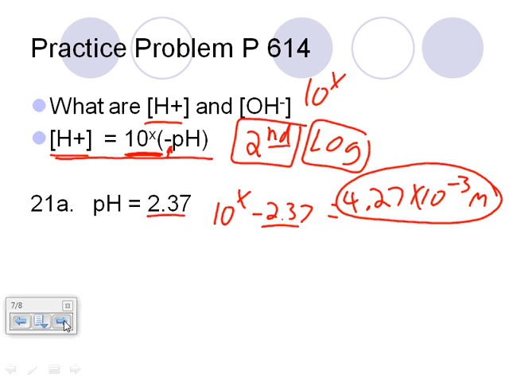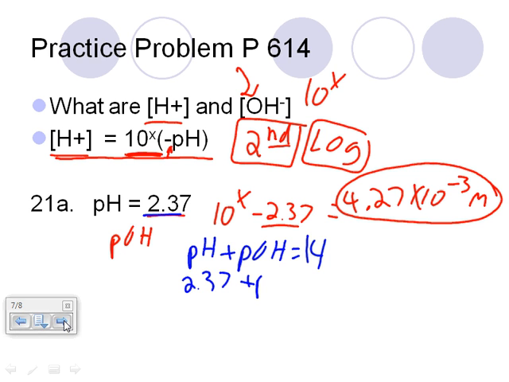If we're trying to figure out pOH, or if we're trying to figure out the concentration of OH minus, again, look at your pH island. You want to go from one corner to the other. You always want to pass through the formula that reads pH plus pOH is equal to 14. We know our pH, 2.37, plus pOH is equal to 14. We know that pOH will be equal to 14 minus 2.37, or